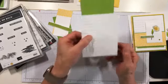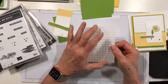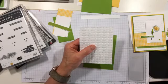All right, so I have a card front, 3 7/8 by 5 1/8 that I have embossed in the basket